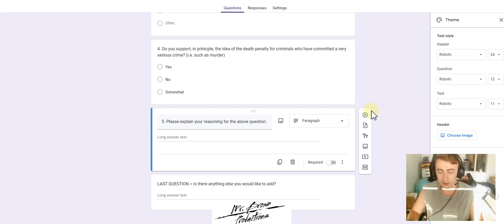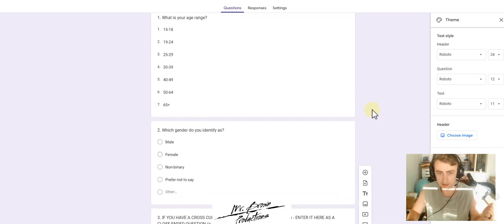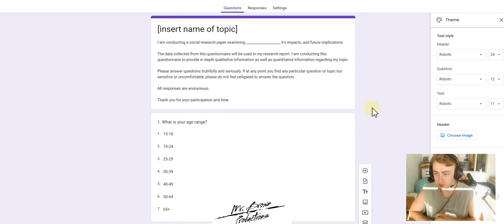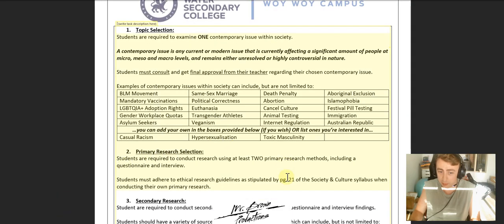So they're the sorts of things I want you to look for when you create your questionnaire. Obviously, try aim for at least 10 questions. More is probably a bit better. If, again, you don't get the data you're after, you can always create another questionnaire, and you can do that as you write as well. Just be mindful of the time period and the turnaround period that you'll need. Okay? So that's questionnaire. Now, we're going to talk about interviews here, and we're going to be pretty brief because